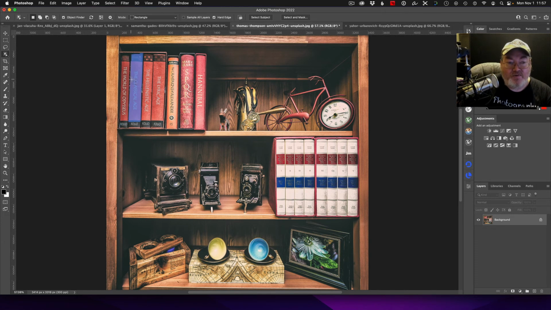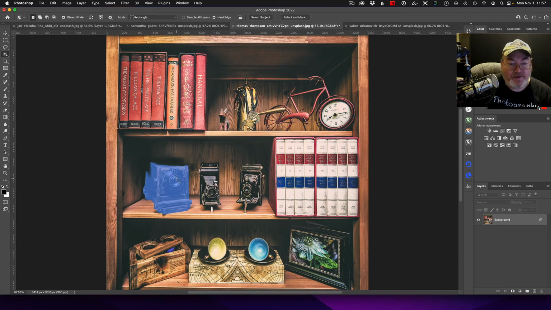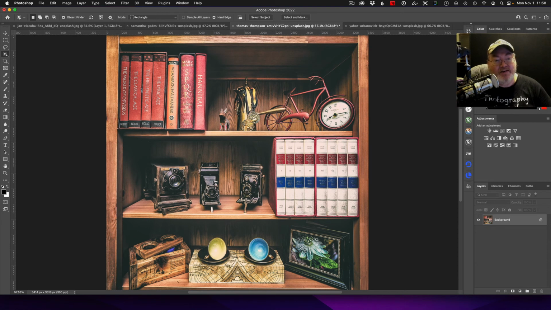Look at that. Individual books. Whole shelves. Cameras. Boxes. Pictures. Pretty neat, huh? So, the next time you need to do a quick selection of objects in a particular photo,